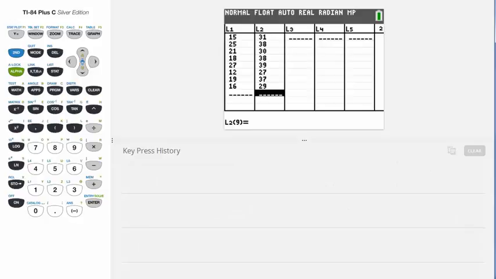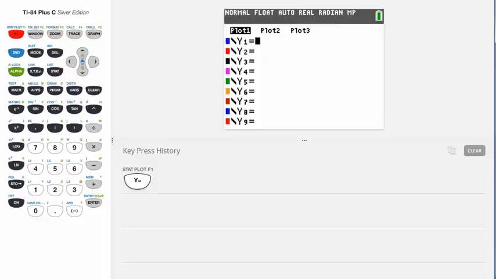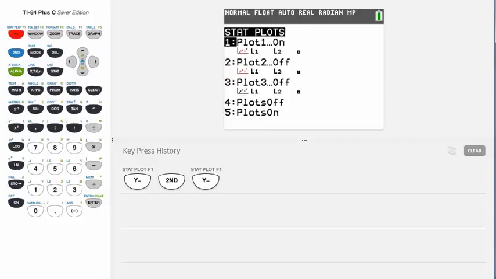We want to see what a graph looks like of this data set. Before I go to graph, I just want to double check Y equals, I don't have an equation in Y1, and Plot 1 is on. I can tell Plot 1 is on from here because it is highlighted. Otherwise, I could go to Stat Plot, which is second Y equals, and I see that it is on. Zoom